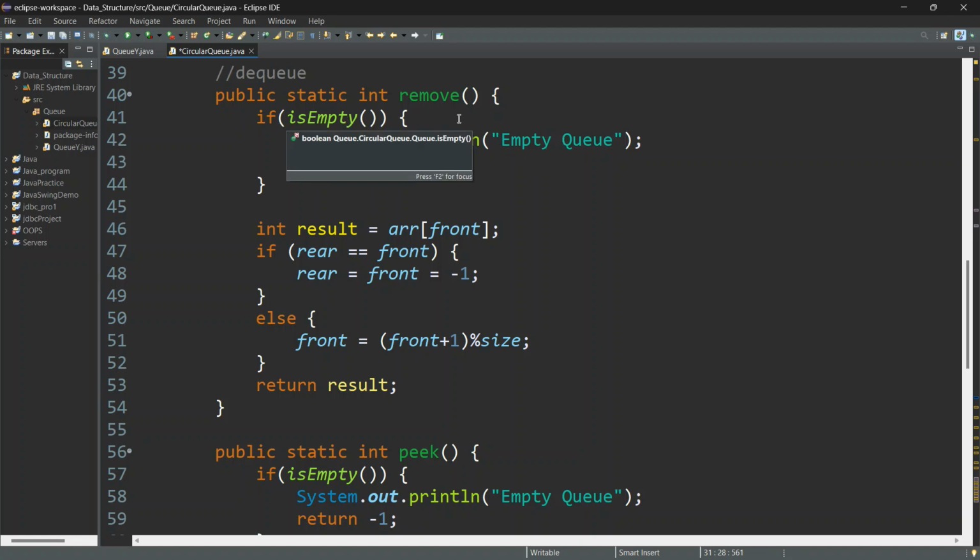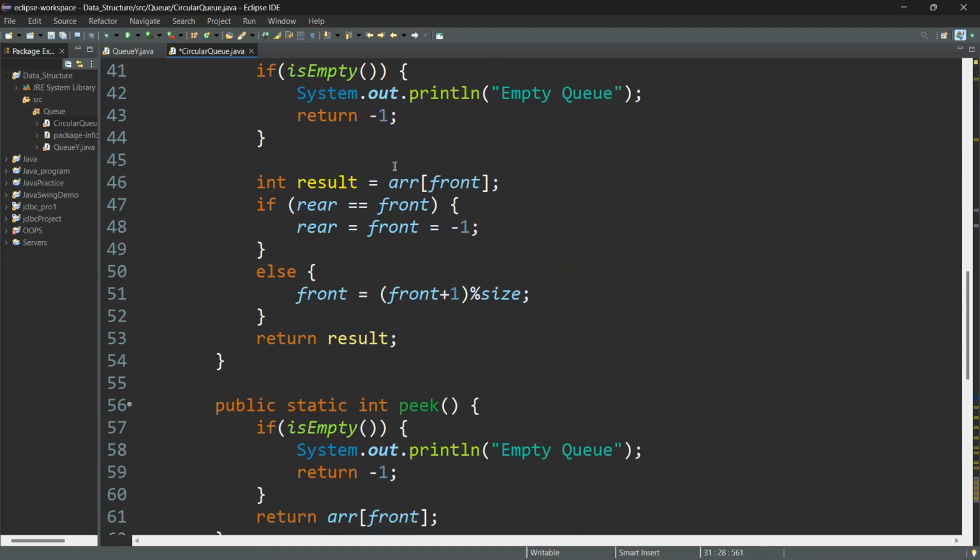If my queue is empty, it will print "empty queue" and return minus 1, and if not, then